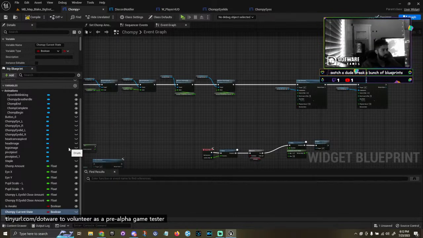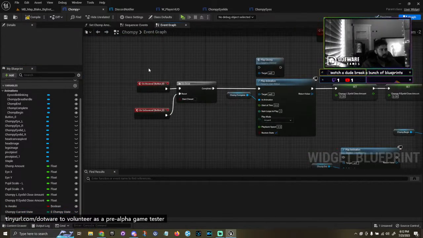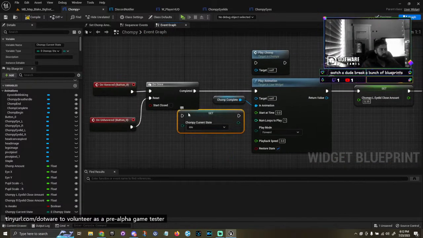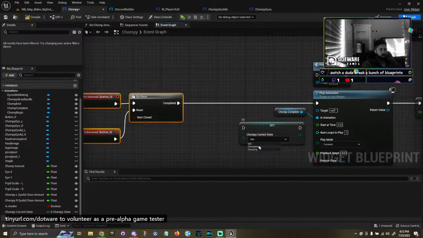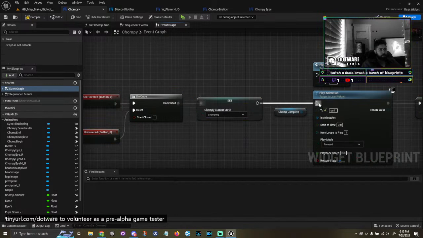Let's just do this, Chompy state. Okay, so when this gets hovered, we're going to set the Chompy state to, it'll go from being whatever it is to suddenly chomping as the new state. Okay, and that's important because